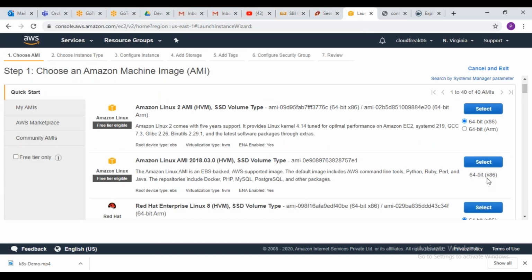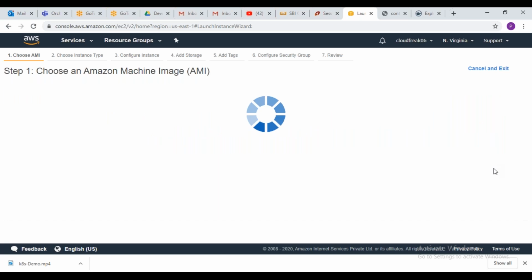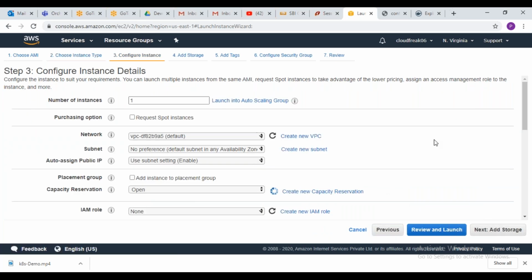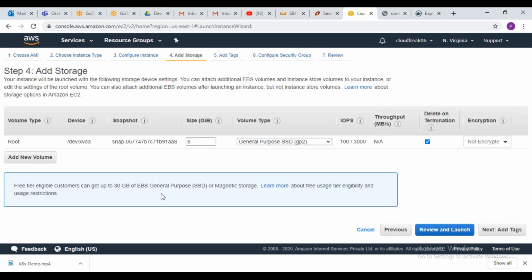Here you can select any image. I am going to select the second image, this one. And t2.micro is free tier, we can use that. Here don't change anything in the third option. Just select add storage, and here also don't change anything.